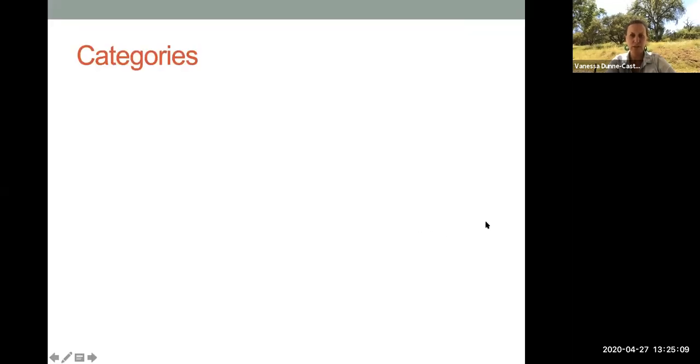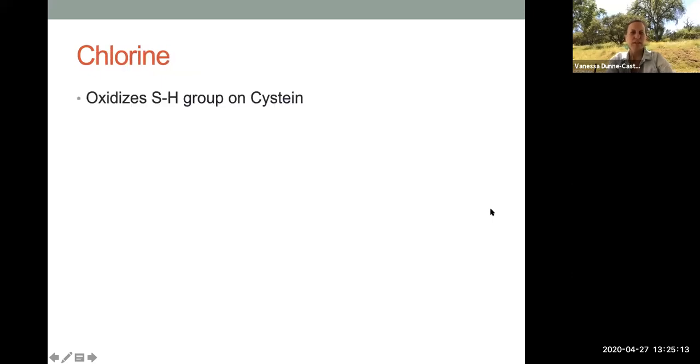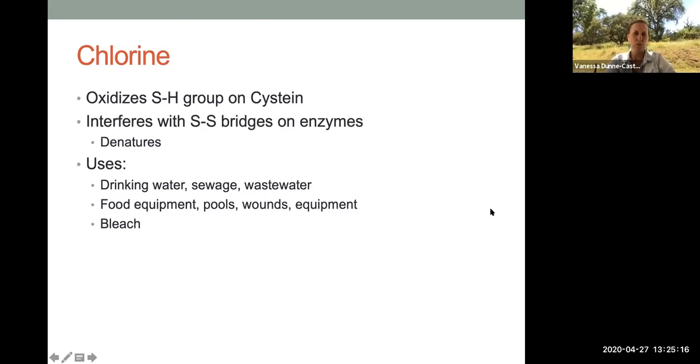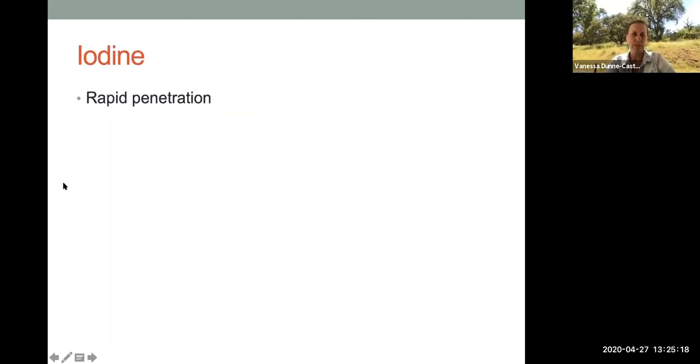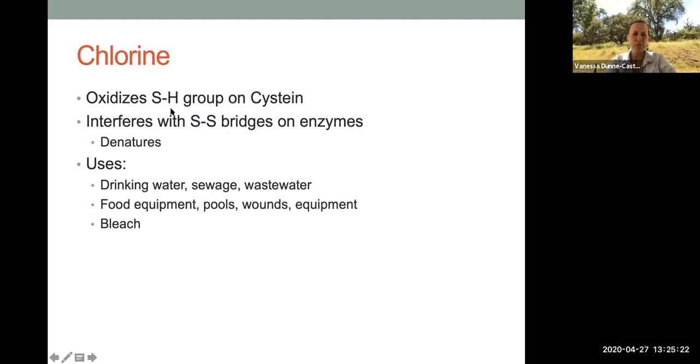Okay, so let's talk through these categories. Again, hang in there if you want to, you don't have to. Okay, first category would be chlorine. Chlorine, the mode of action, what it does, it oxidizes the sulfur and hydrogen group on the cysteine, which